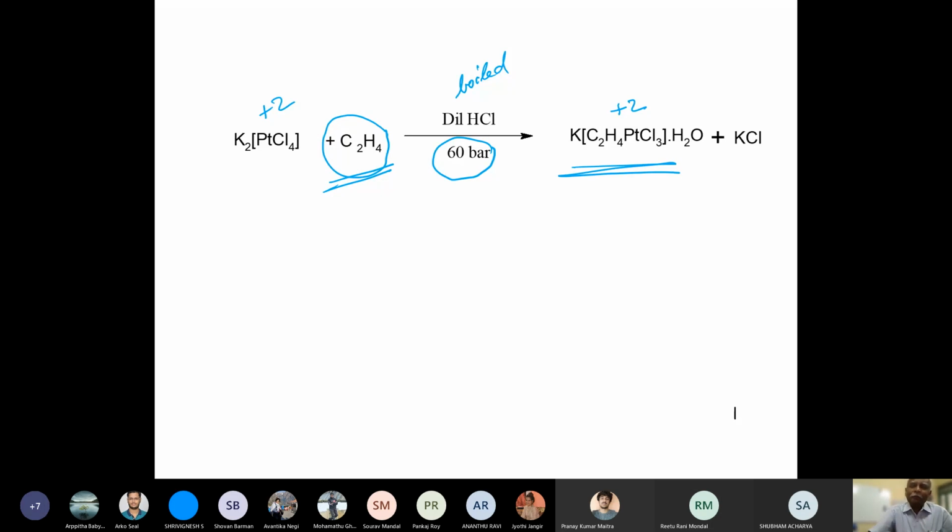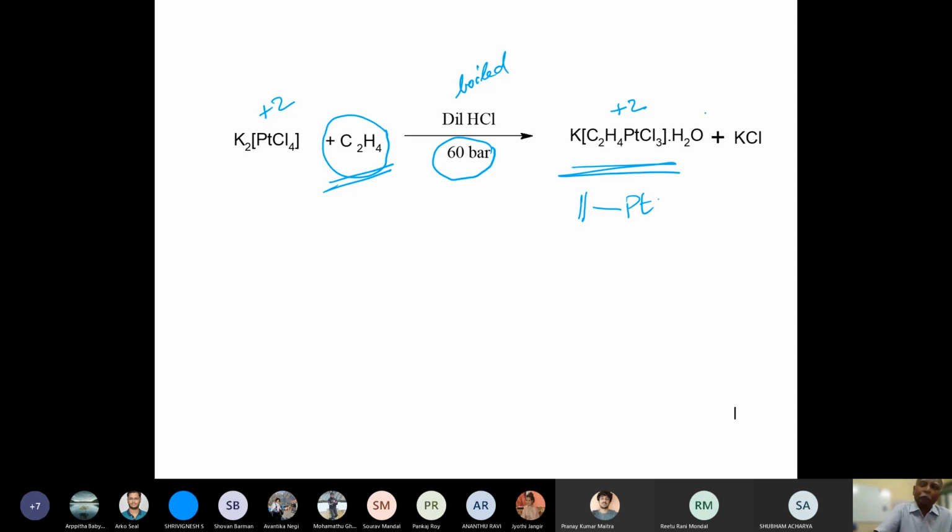There's no reduction involved. And as a result, what is happening is that you have a weak interaction between olefin and platinum. Okay? You have weak interaction between olefin and platinum. So that's why I was telling you that the Zeise complex is not as typical as one thinks it is. Zeise complex involves a very weak interaction between platinum and the olefin.